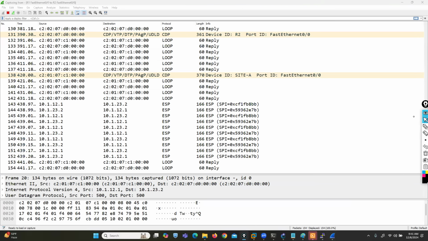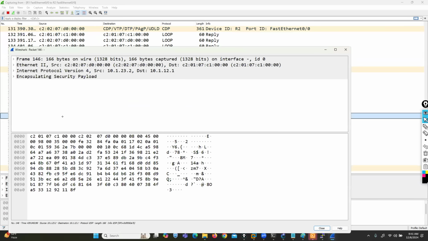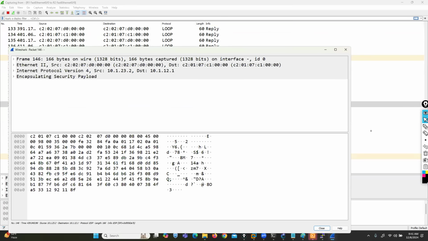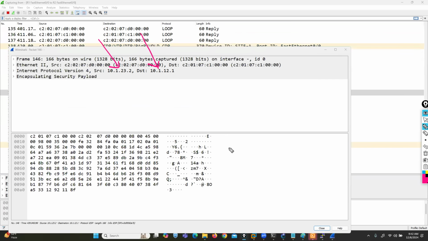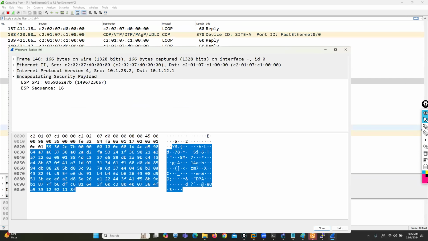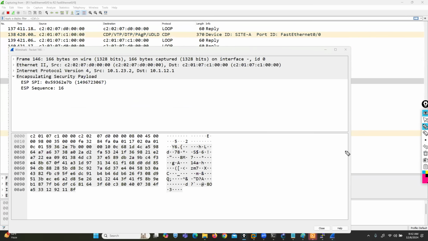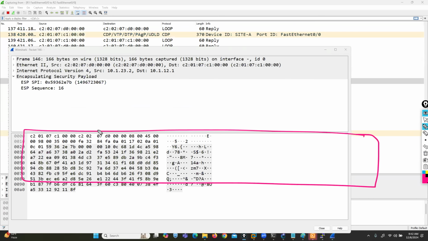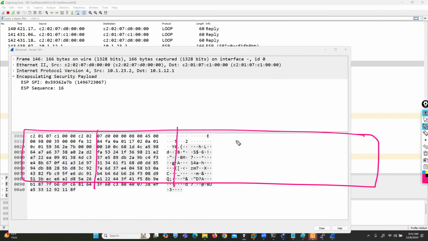So now if you expand any packet, you can verify the source public IP and destination public IP, and the ESP protocol, Encapsulating Security Payload. If I try to verify what information is traveling, I can't find anything. What is in the packet header? If you check the complete packet header here, an attacker can only get